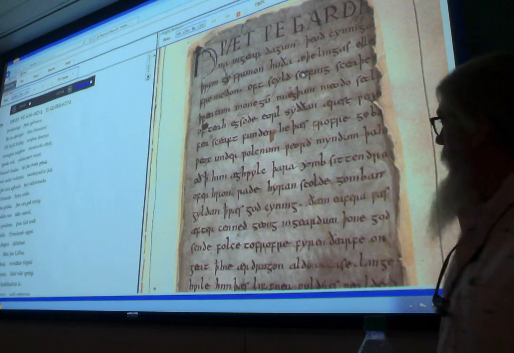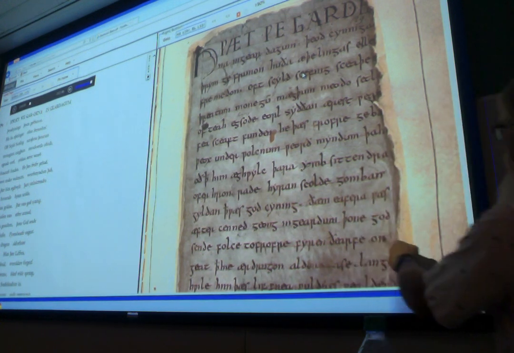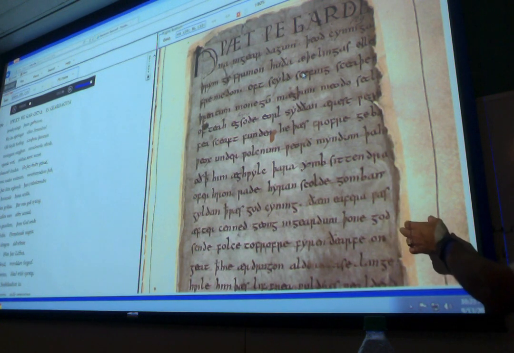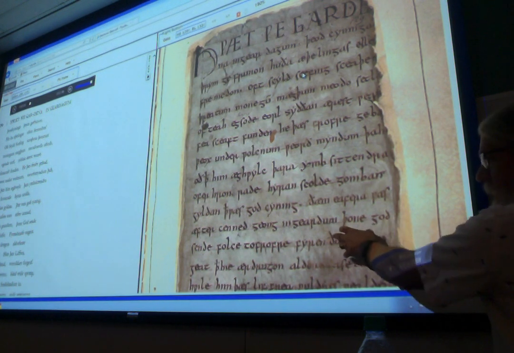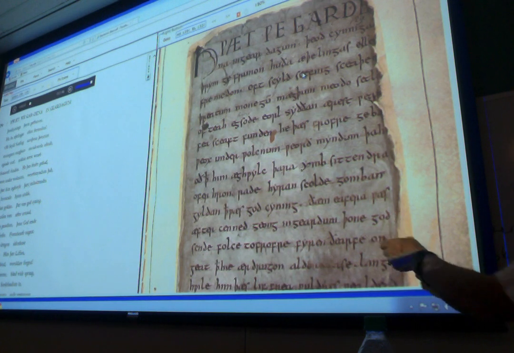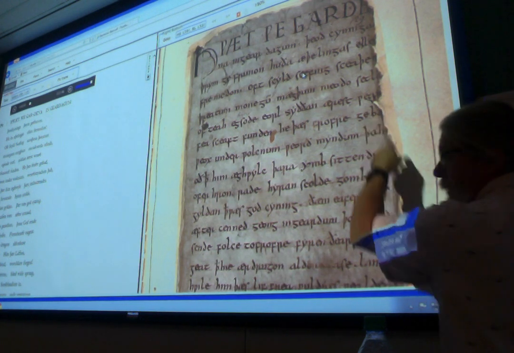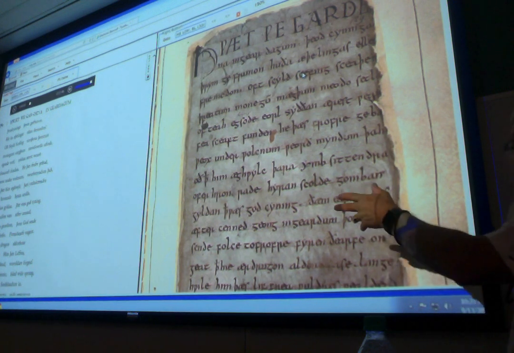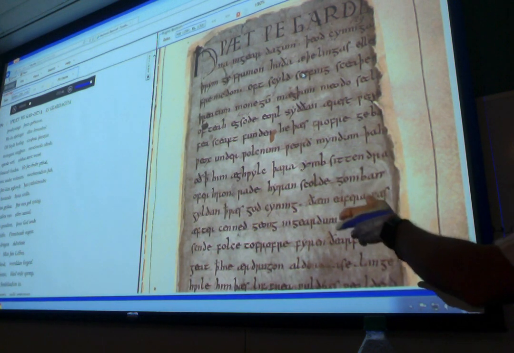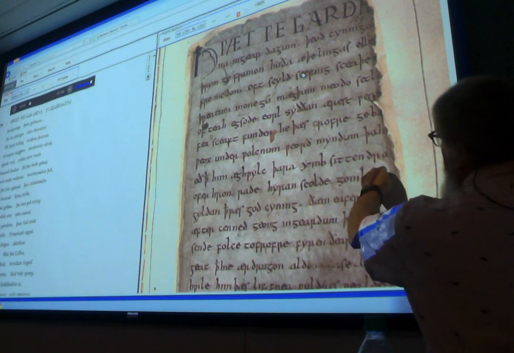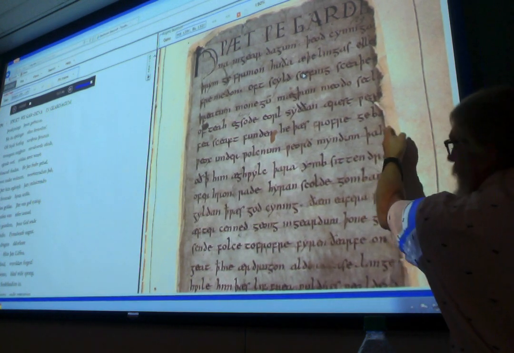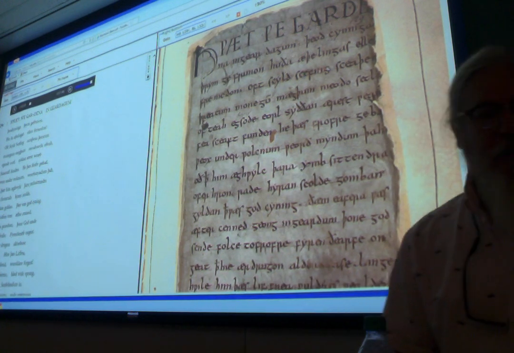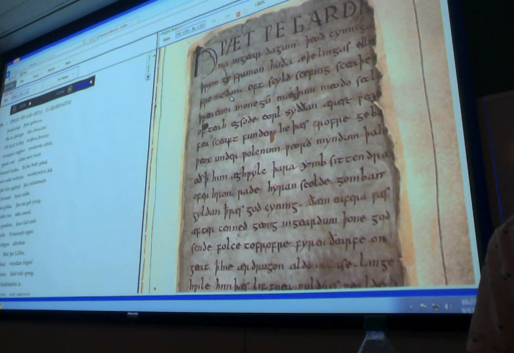Okay? So, what has happened since that fire, because this isn't paper, it's vellum, it's calfskin, is the vellum gets dry and brittle over age, and it's gradually broken away. Now, copies were made. Transcripts of the Beowulf manuscript were made in the 18th century. Okay? So that we have copies that show a few of the letters that are broken off, which is how editors can produce the version that you can see.